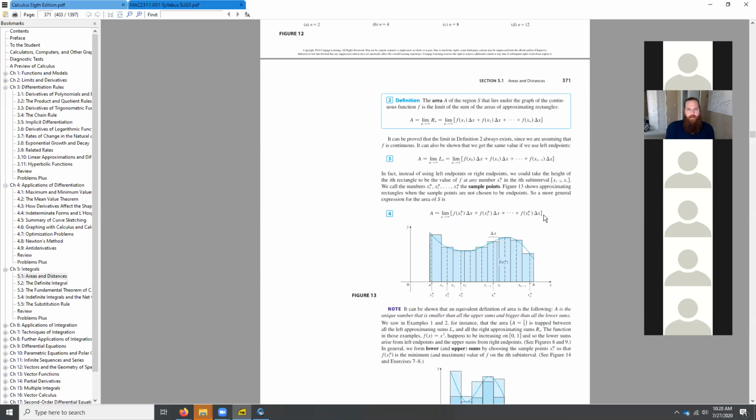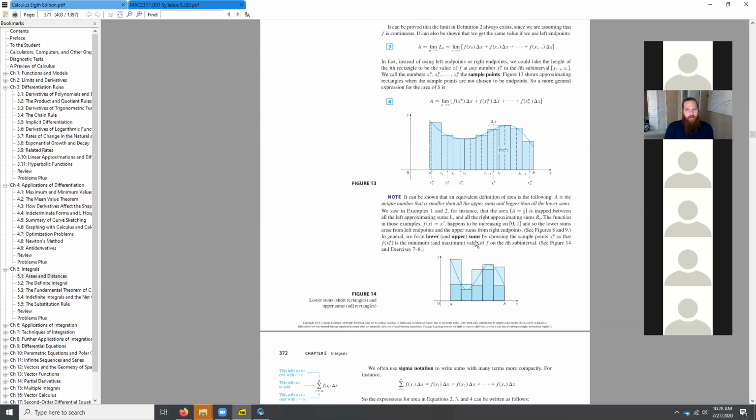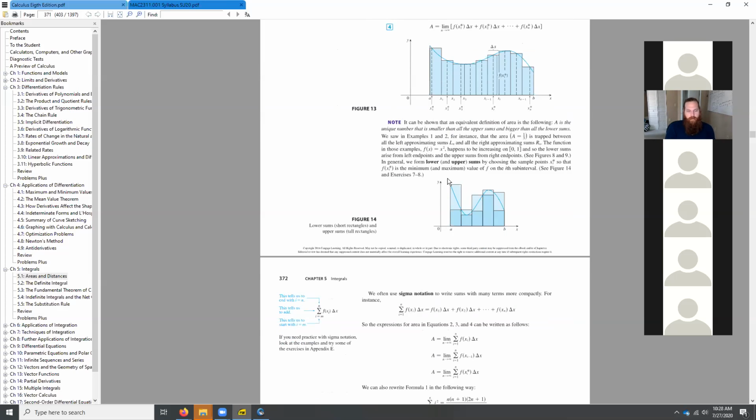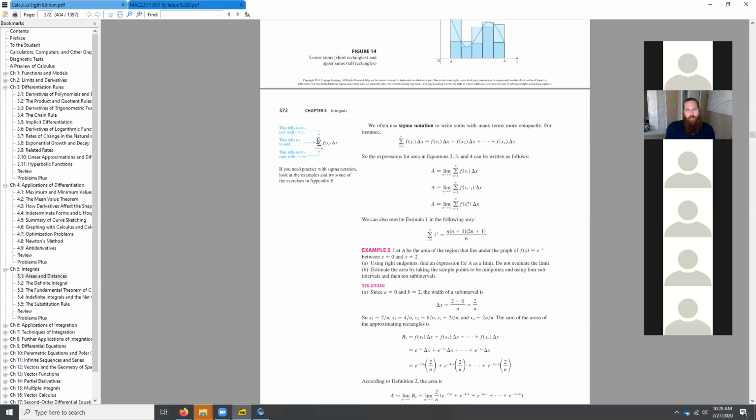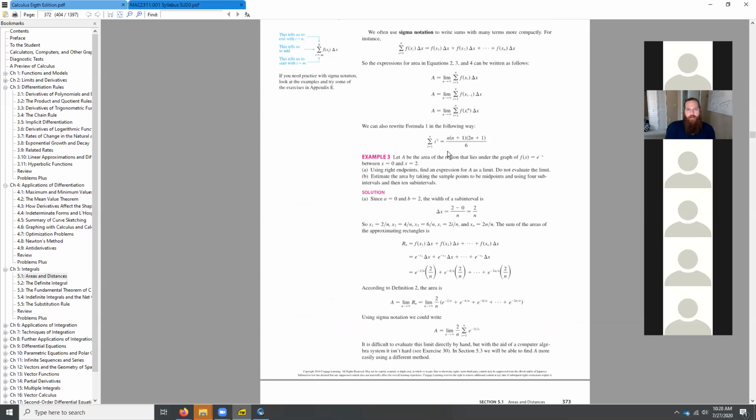The next little bits in here, they're talking about other ways to cook up Riemann sums. You can talk about upper and lower sums. There are things called Darboux sums. They've got a brief explanation of sigma notation. But the way to get to a place where you can do these calculations, you need to remember some of these formulas from your pre-calculus class.